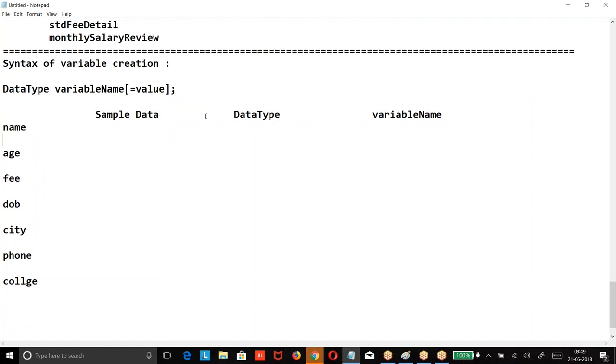When I say name, what is the data type? Now you cannot decide the data type like that. You are supposed to see the sample data, what we are going to get. I told name is like Satish. If it is a combination of alphabets, if the data has alphabet, it is going to be what?